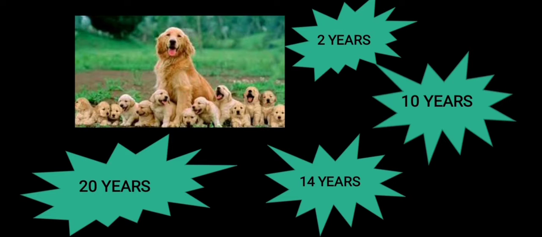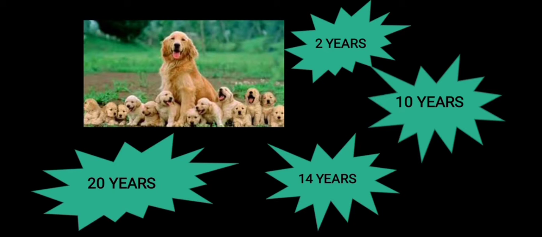Yes, surely you will be able to see. After 10 years? Yes, surely again you will be able to see dogs in this world. Now, after 14 years, the number will keep on decreasing, yet you will be able to see dogs. But after 20 years, just imagine, will you be able to see dogs? No, because dogs have stopped reproducing long back. Is it clear? And that is the importance of reproduction.